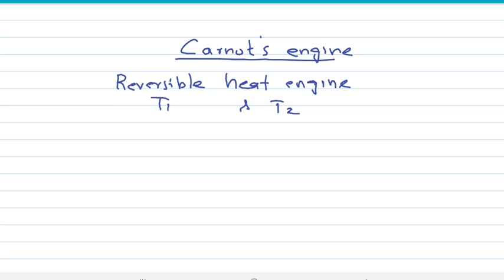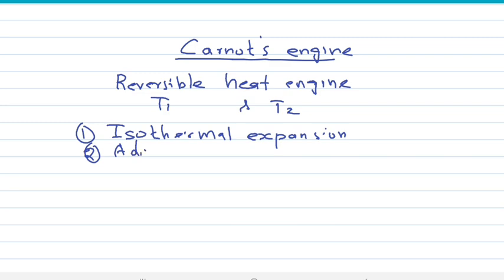It also contains a working substance. That working substance undergoes four processes. The four processes are: first one, isothermal expansion. We are heating the gas at constant temperature so that the volume of the gas increases from V1 to V2. Next one, adiabatic expansion. In an adiabatic process, we are not heating anything here, but pressure, volume and temperature all